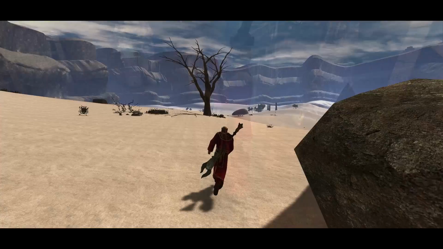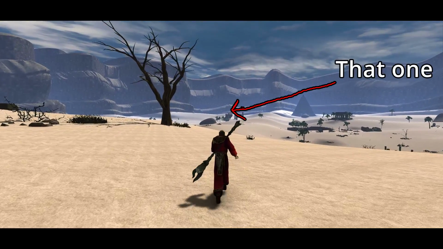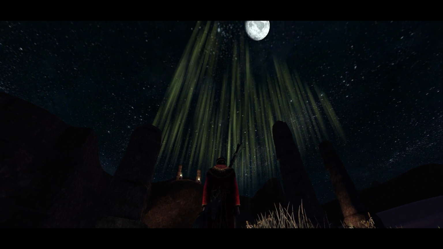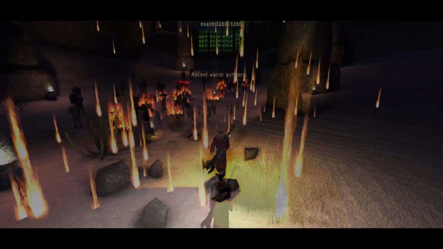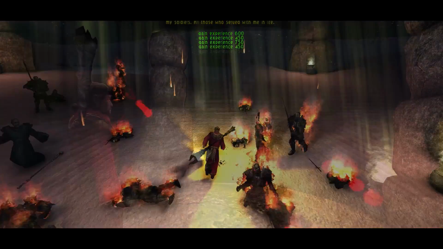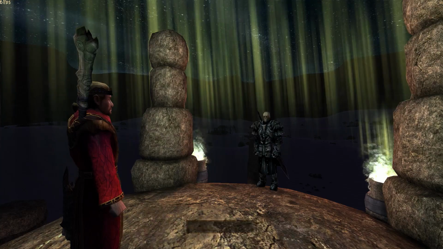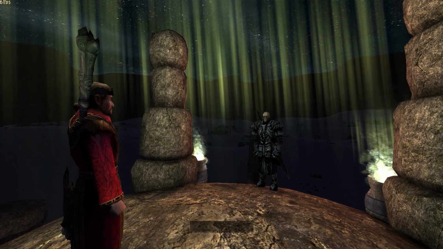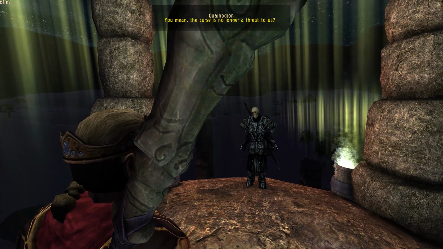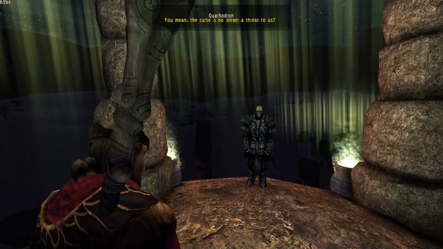Return back to the Valley of Ancients. See that huge rock. You need to go to it, but make sure to visit it during the night, and you will see an army of undead and Quarhadron himself on top of that rock. Wear the crown of ice and talk to Quarhadron. No matter what you say to him, he will still not believe you that Adonis gave them his forgiveness,